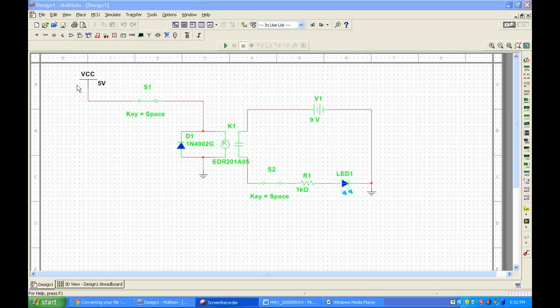So I'll start over on the left here. You'll see that I have the 5-volt VCC power supply running to switch number 1 here. Then going down to my relay, we have a diode running in parallel, and this circuit is grounded. On the other side of the relay, we have a second circuit. We have a 9-volt power supply. We have that running through a second switch, a 1 kilo ohm resistor, and an LED, and this circuit is